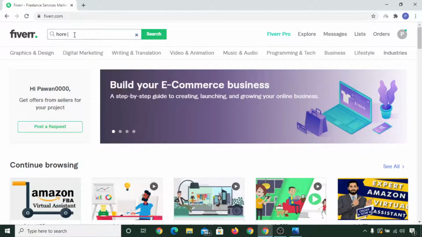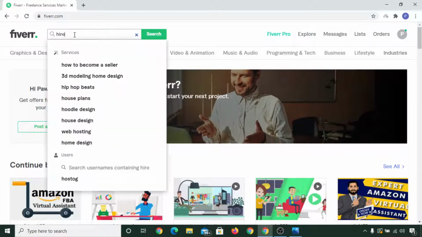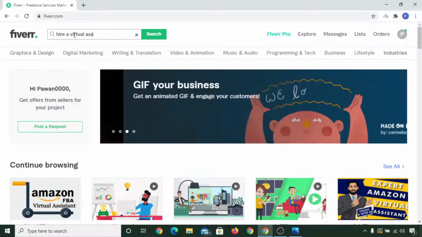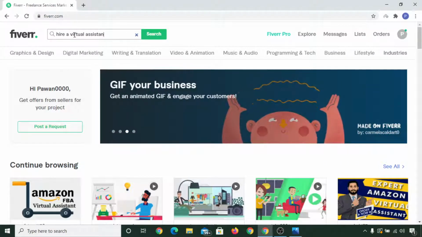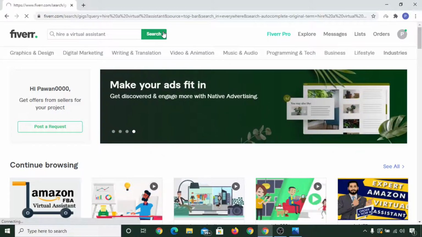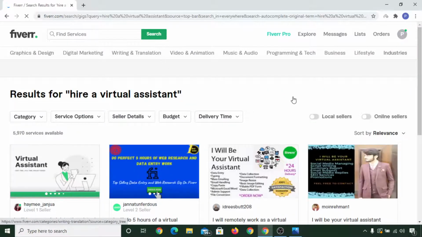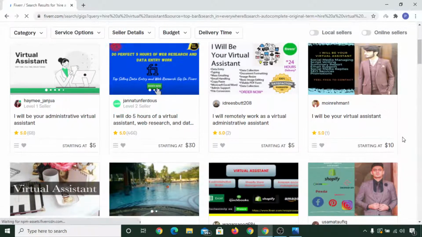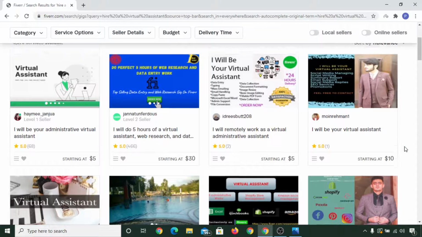you can type hire a virtual assistant and click on search. So you can see various people offering to become a virtual assistant here.